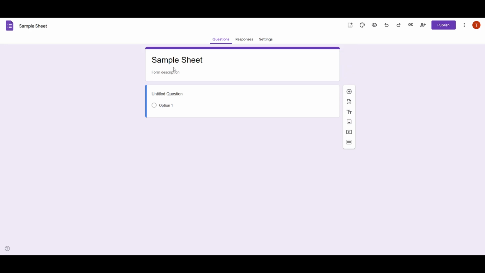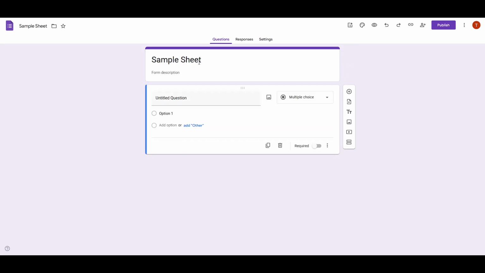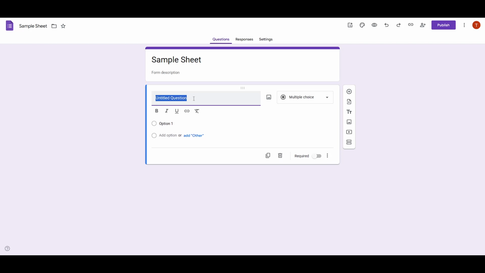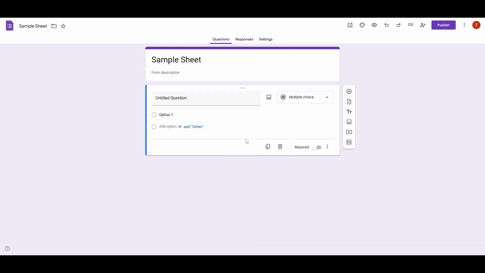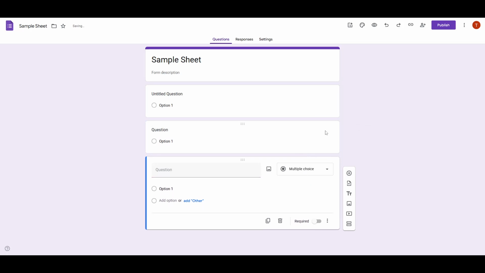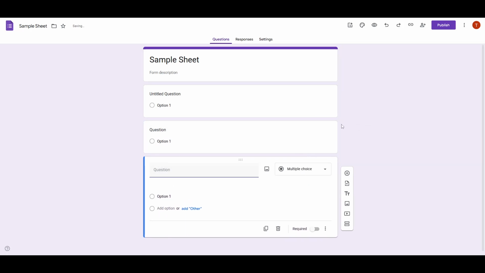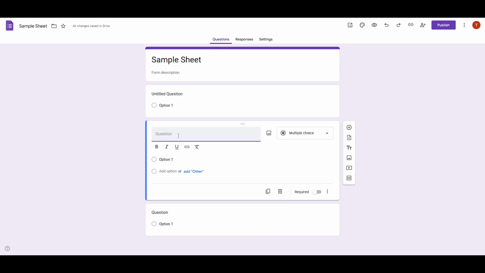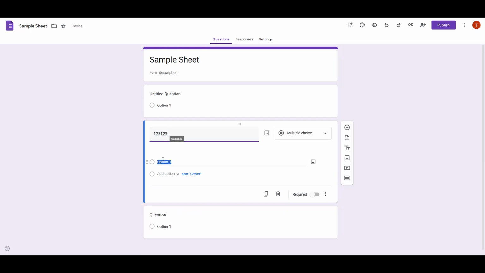As soon as you click it, you'll be seamlessly directed to the form editor. Now, this is your canvas to create and edit your form to suit your specific needs. Here, you can add questions, choose the type of responses you want, and include any additional fields that might be necessary, like text boxes for names, radio buttons for multiple choice questions, or even drop-down lists for selecting one option from many. You'll find a wide variety of customization options to ensure your form gathers the right data in the